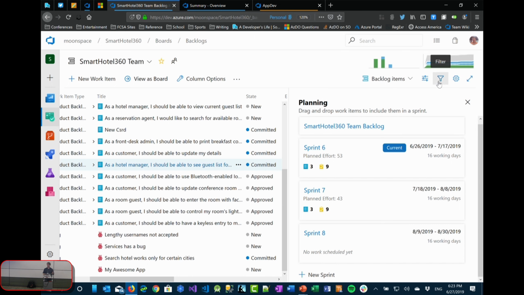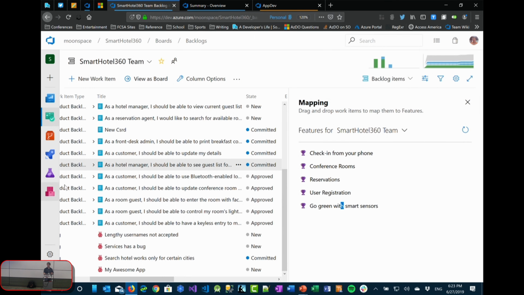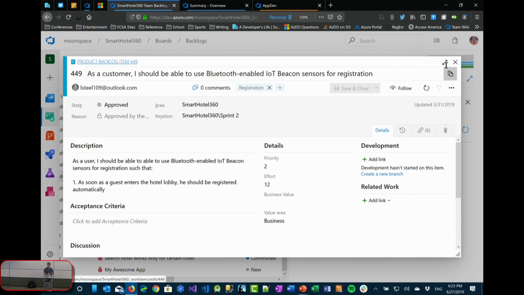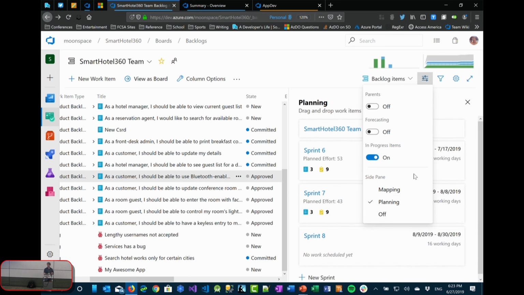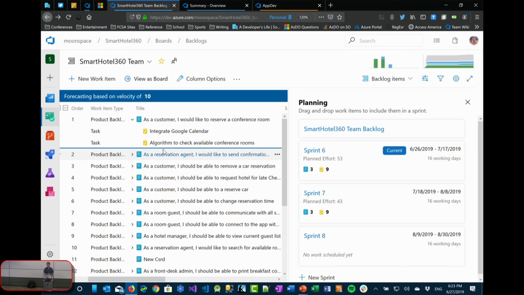And you can do similar stuff in here. You can look at, again, PBIs, features. There are certain things you can turn on and off. For example, this side pane you could turn off altogether. You can also go into mapping mode, meaning whatever I've selected over here lines up the mapping on the right. Typically, you see people leaving that on planning mode. You can also do forecasting, where it'll put a line in here, essentially where, based on all your points and everything you've given it, it says, okay, we're essentially full or planned up to this line. Anything below this line really doesn't fit into the sprint. So it just gives you a visual as part of your planning efforts.